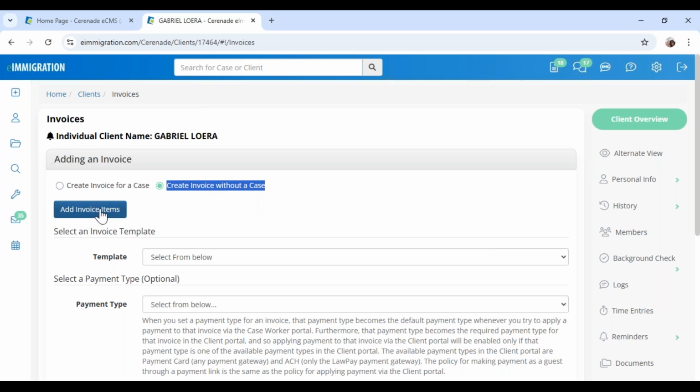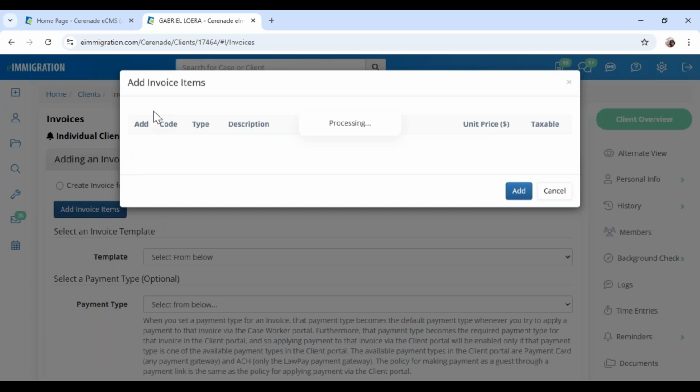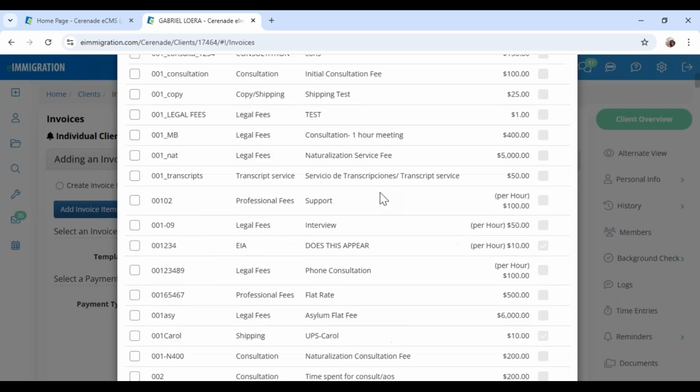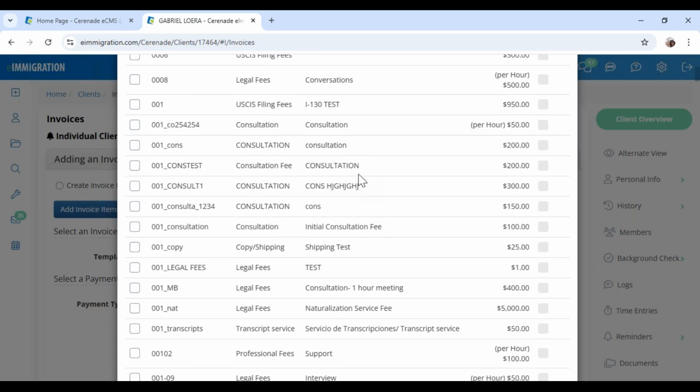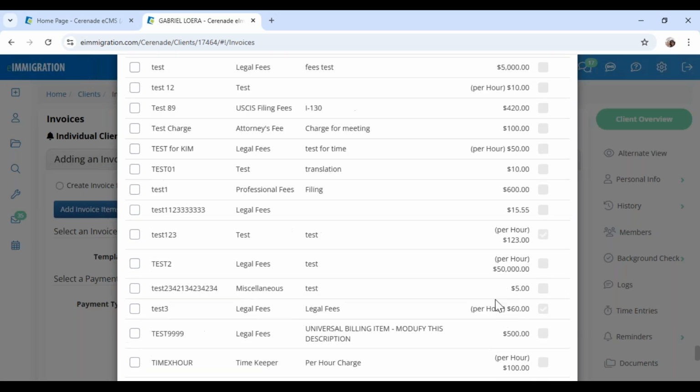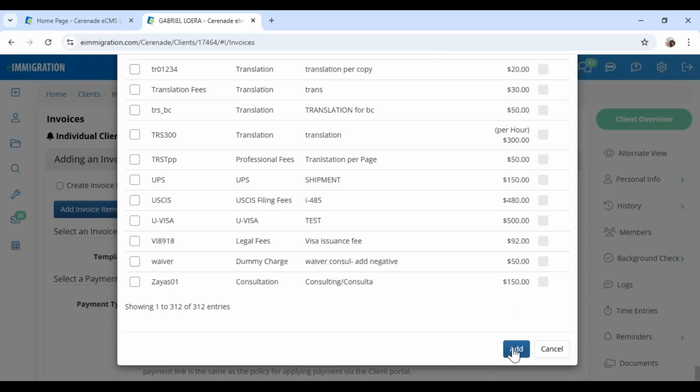And at this point, you just add the items. See, if I add the items, it's going to give me the entire list, regardless if this is a naturalization or if this is an asylum. So this is where you pick, okay, for the consultation, I'm going to say 200. So I'm just going to add at the bottom of the list. I click add,